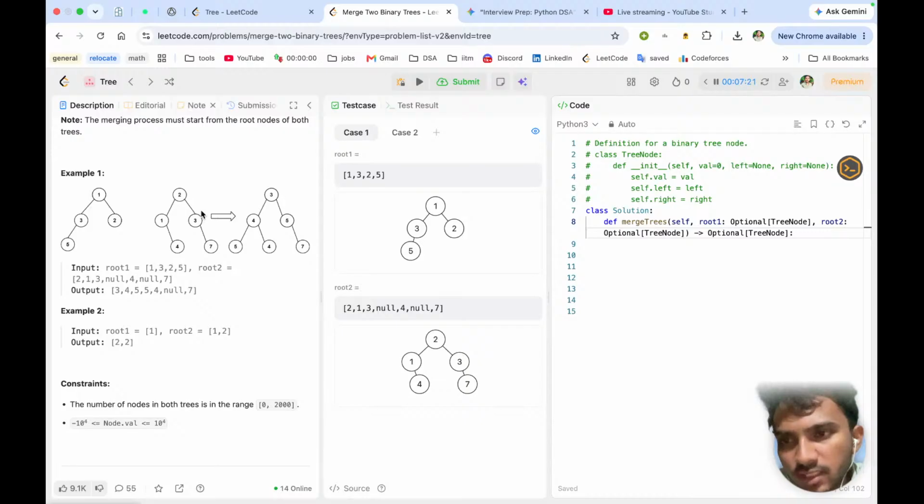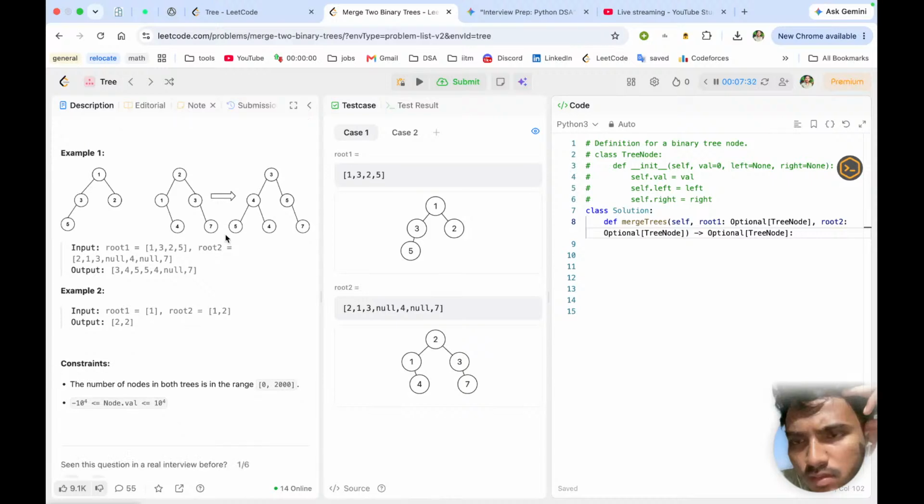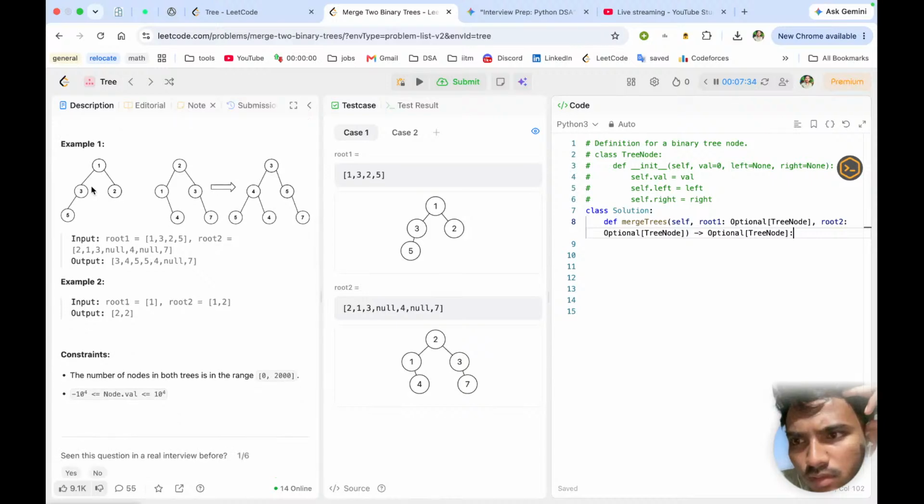Exactly, exactly. Fairly simple, I think. Okay, so I will check every time that I'm not having any node for this tree, right? So it means I'm having the